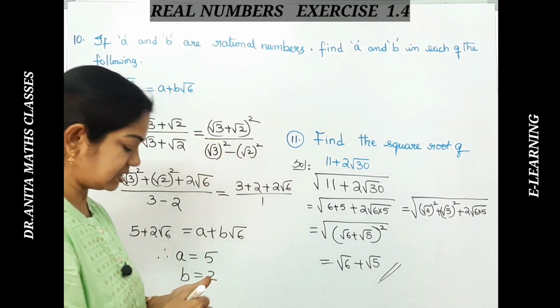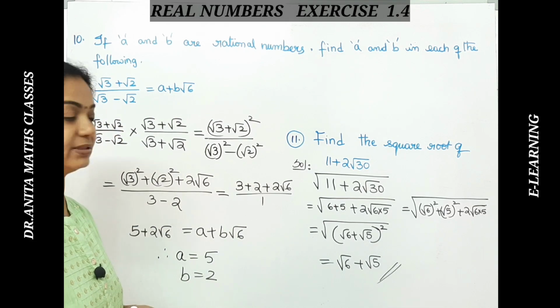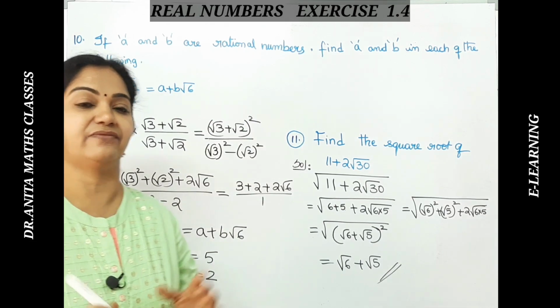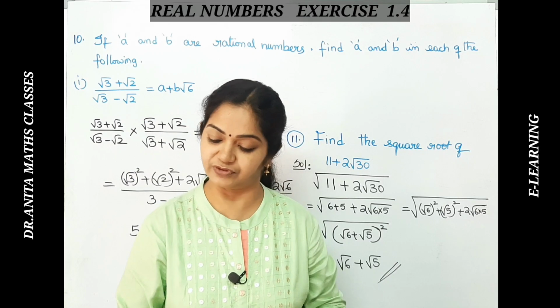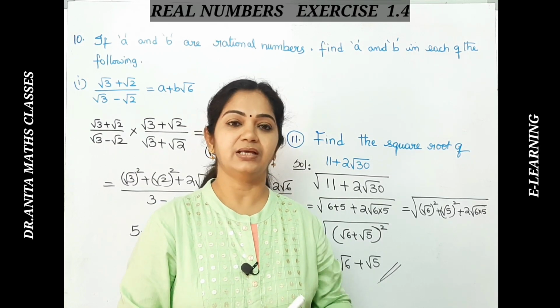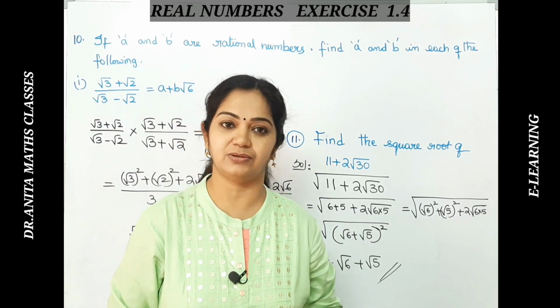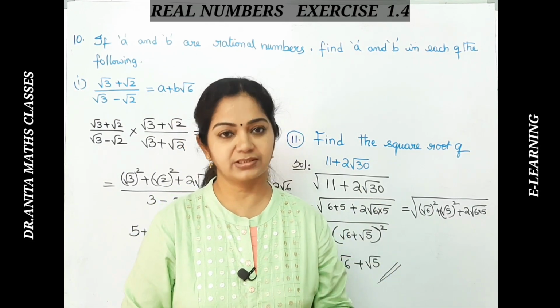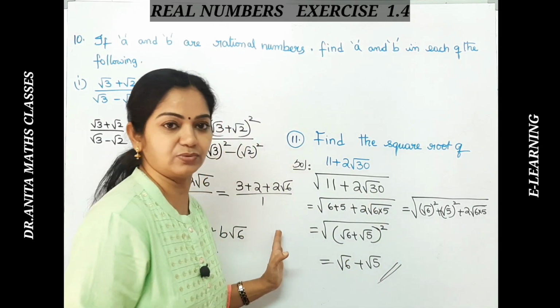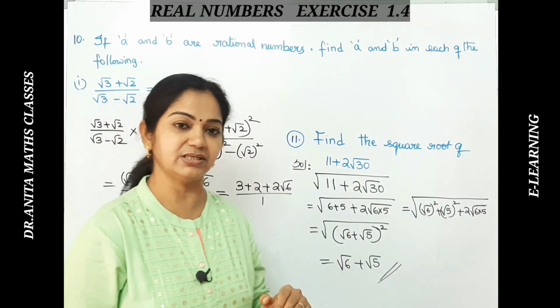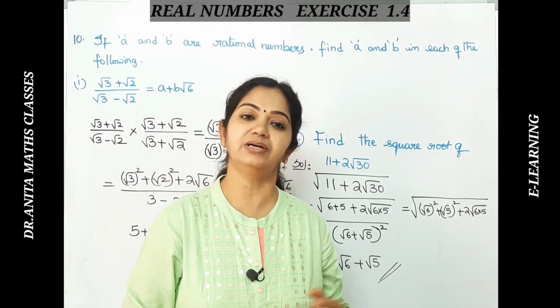Right. So with this we have completed the exercise as well as we have completed the whole chapter of real numbers. Okay. This whole chapter of real numbers is in 7 parts. Do check the introductory part of the surds also. The introductory part is also there for surds as well as an introductory part for the real numbers.